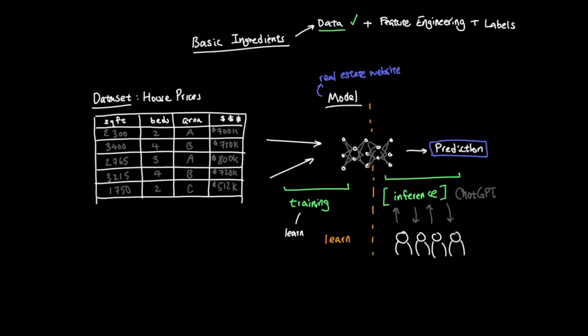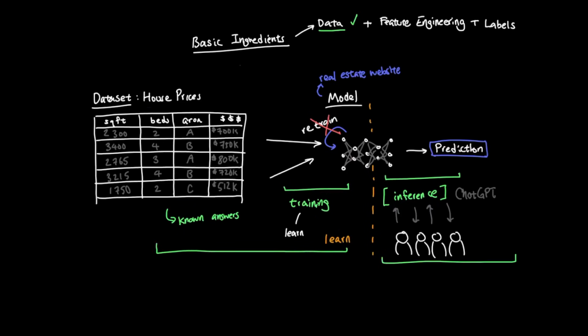If a real estate website predicts the price of a home, the model is not necessarily retraining itself every time someone views a listing. It is usually using a model that was already trained earlier. So training is when the model learns from examples with known answers, and inference is when that trained model makes predictions on new examples. But saying the model updates itself during training is still a little vague. If something is changing inside the model, we need to understand what that thing actually is.